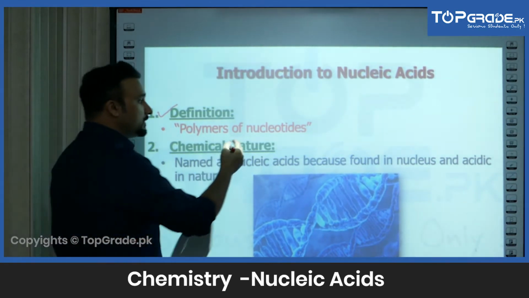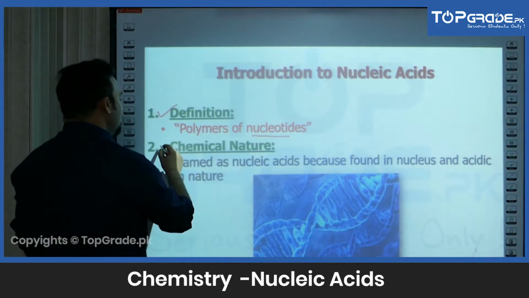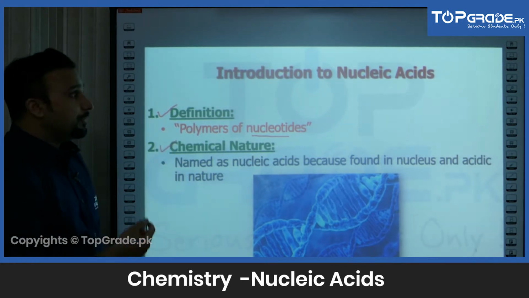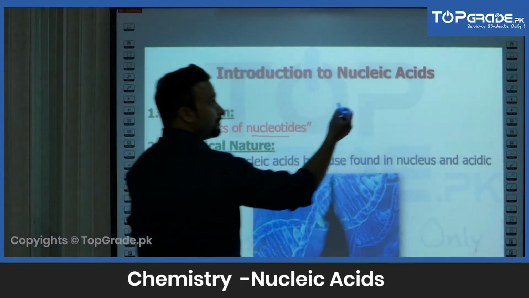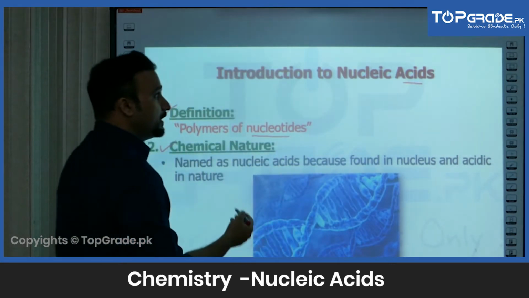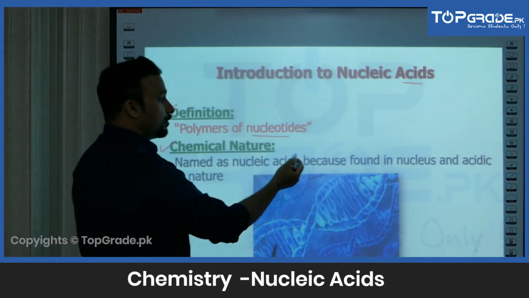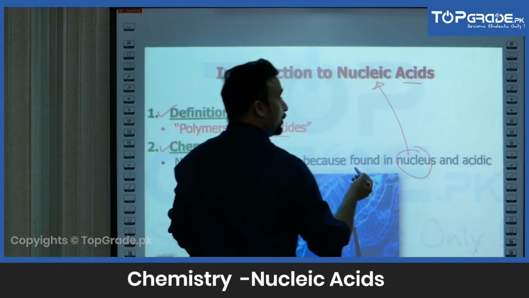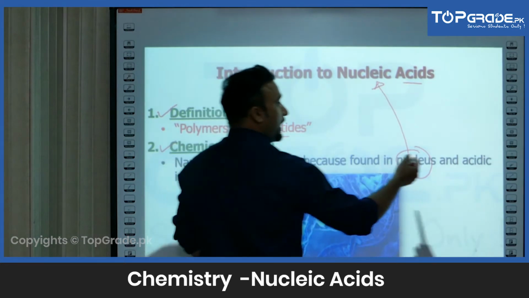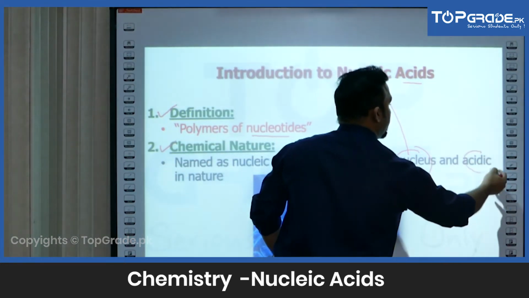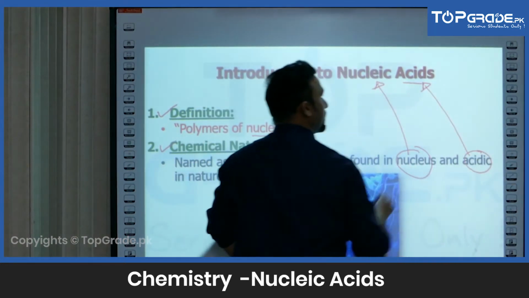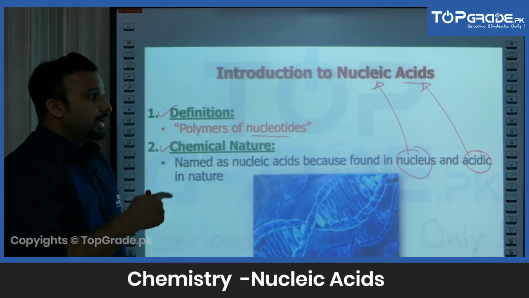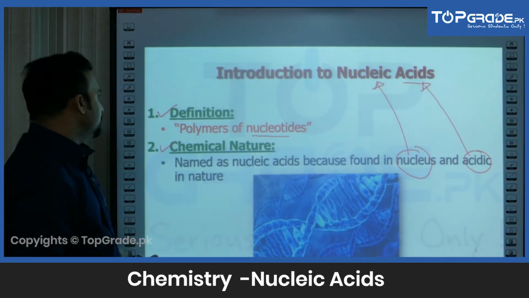Simply nucleotides के ये polymers हैं and if you talk about their chemical nature, actually इनके नाम से ही इनकी chemical nature भी वाज़ेह हो रही है. You can see in here they are acids. So chemically ये acidic हैं, so named as nucleic acids because actually they are found in nucleus. So that's why we say they are nucleic, means pertaining to nucleus, and as they have got the acidic nature, that's why we call them as the acids. So nucleic acids are related to nucleus and acidic in nature, so that's why they're named so.